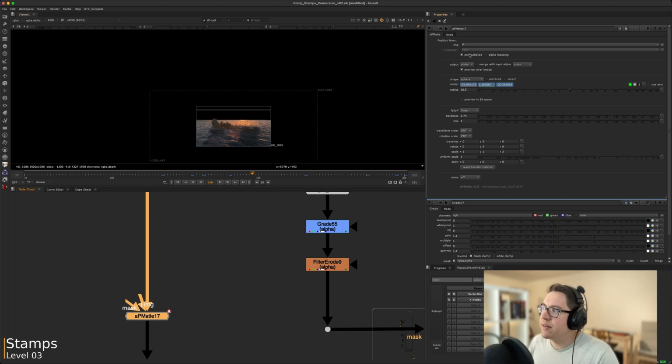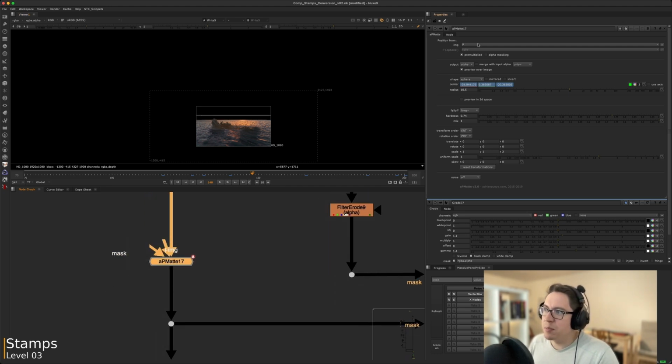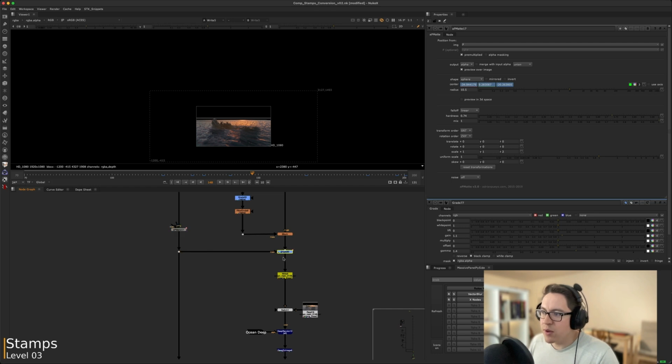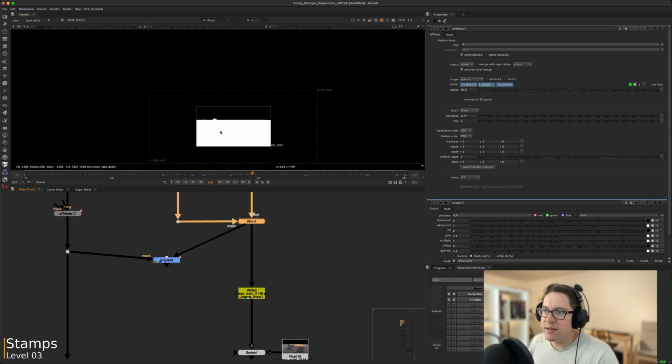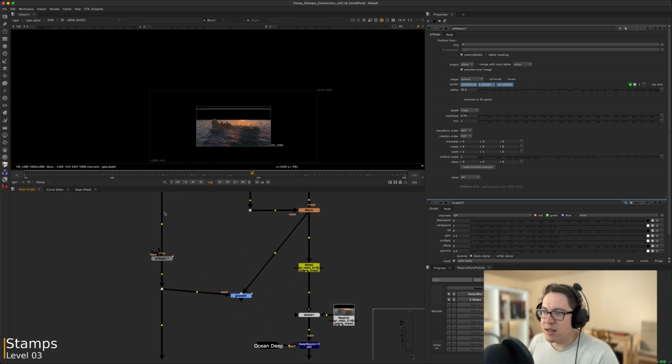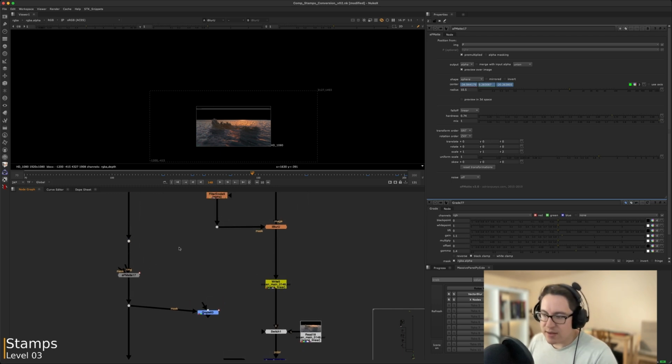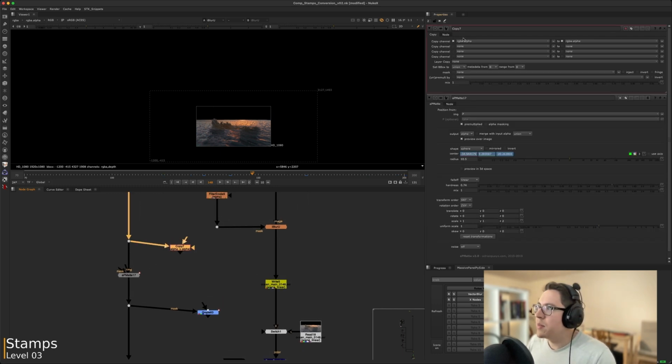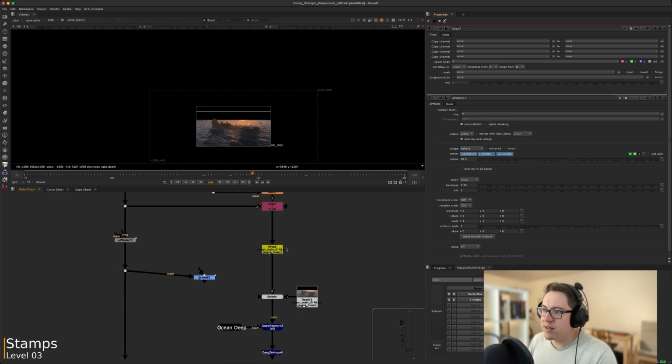This node here is using the P, so it's using the position pass. So actually, this is something that we're going to want to keep, and instead of keeping all that, we're going to keep the position pass. We're going to bring that with us so that we can do this later. So I'm going to take this. I'm going to set these to none. I'm going to go here and click the position pass, and now I have my position pass,